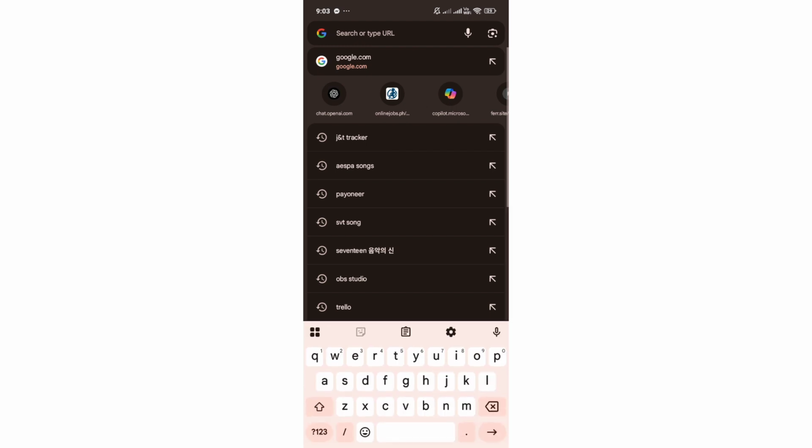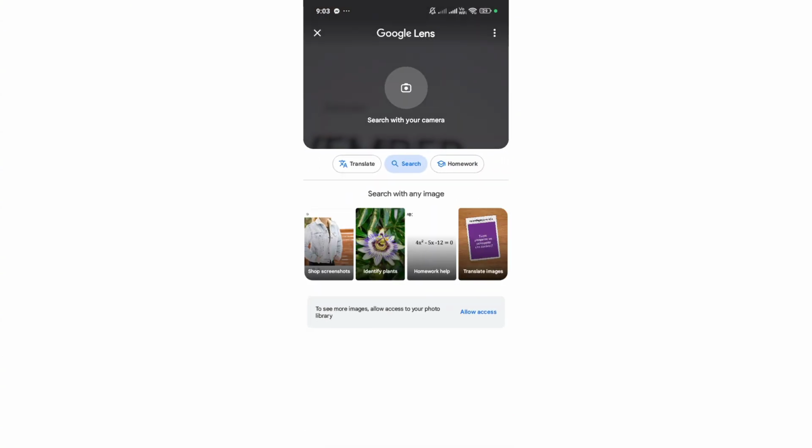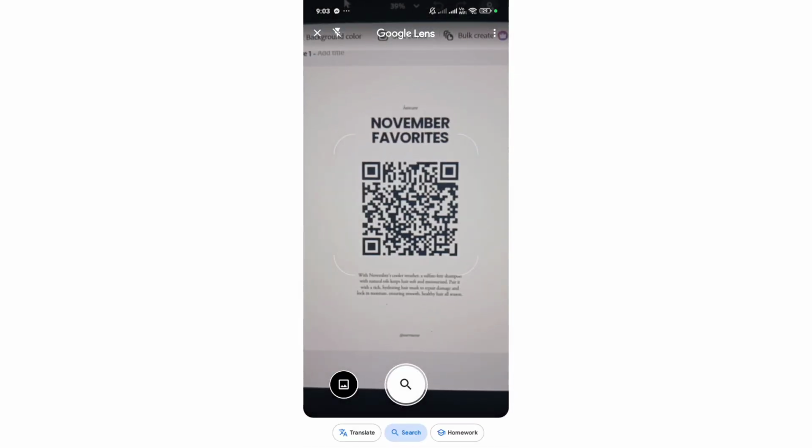So in here, you'll be able to search directly on Google. So click on this camera icon at the right side, and then this will allow you to access Google Lens. So in here, go ahead and use the search lens, then face your camera in front of the QR code